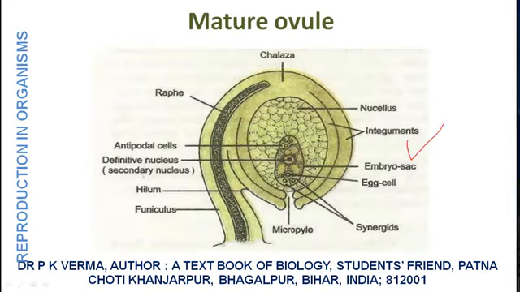This diagram shows a mature ovule. Here also the egg apparatus is present near micropyle. One is ovum and 2 are synergids that help in fertilization. In the center, 2 central nuclei fuse to form a diploid secondary nucleus or the primary endosperm nucleus. Antipodals are towards the chalazal end.